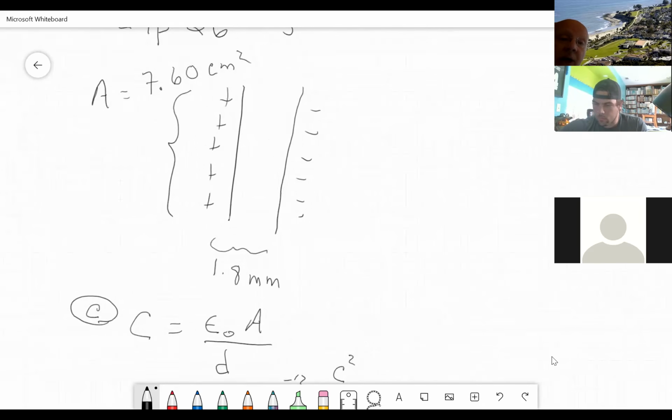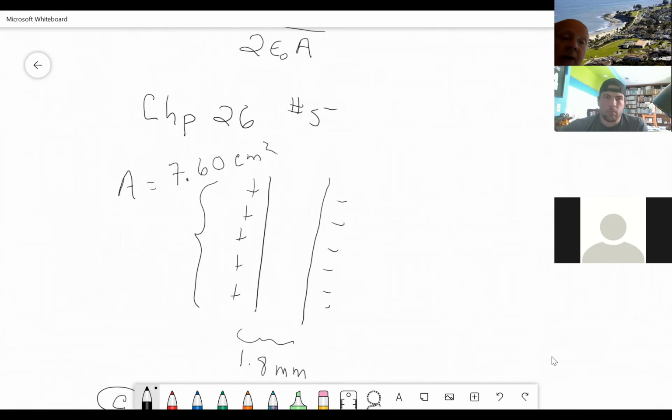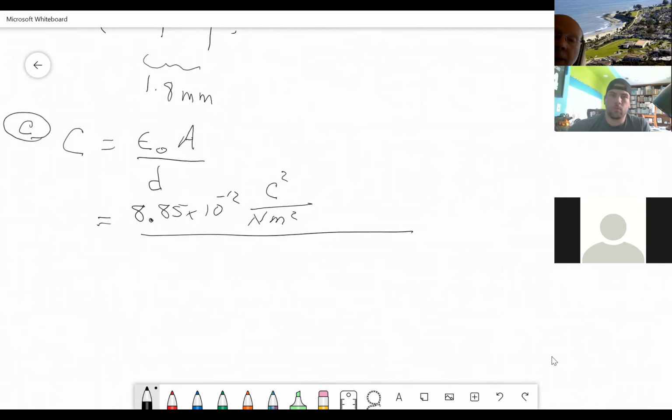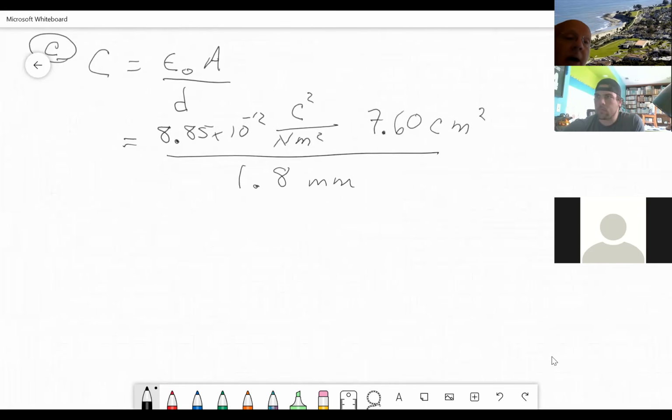The area that was up here at the top, the 7.6, but we do want to be careful with our units here, 7.60, and it's centimeter squared. And I'll come back to that, but you can see we really want that in square meters. Which is just a simple conversion. So I'll make sure I do that conversion. In fact, I'll do the conversion in the next line with the conversion of the distance, because it's in millimeters, and we want to watch that. So if there's anything hard about this step,